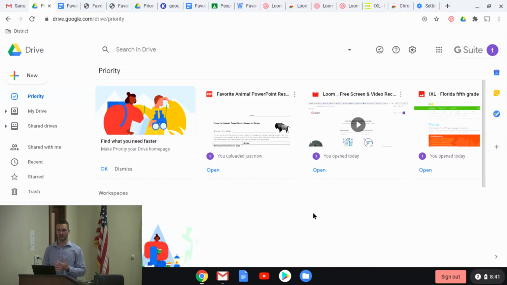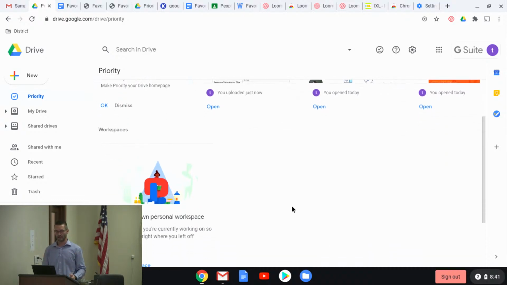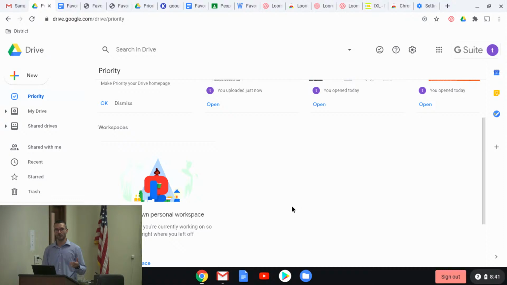if you're the type of person that's kind of organized chaos, more or less, and I fall victim to this because I saved my drive, and then you get to my drive, and it's just a huge list of individual documents. And the idea of going in there and organizing everything into its own unique little folder, well, it's a little daunting. So what I do is I switch over to this priority file, and inside of this, I can create